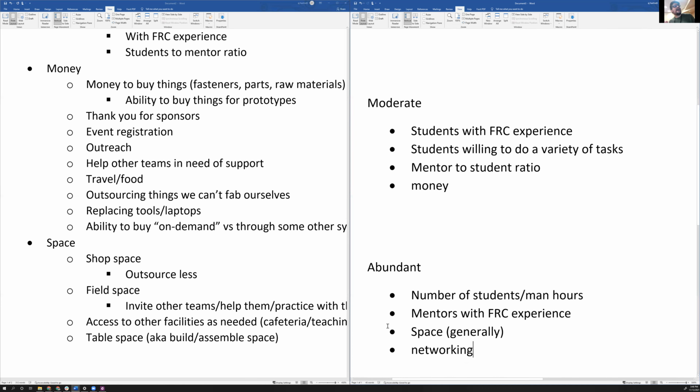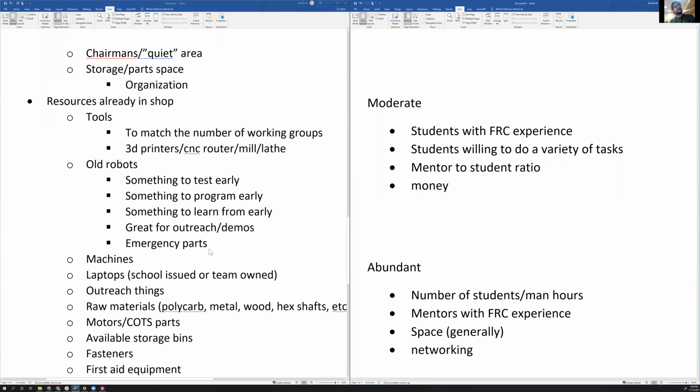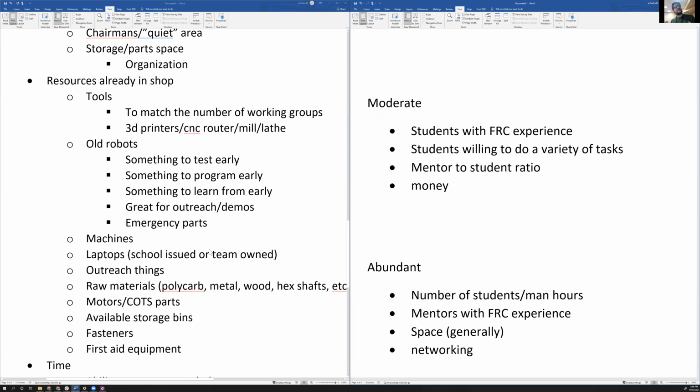Okay, so yeah, I think I agree with this. Money and space we've gone through. All right, what about resources already in the shop? Some of these might be abundant, some of them might be other things. Let's start with, would we generally agree that generally speaking, our resources already in the shop are abundant? Would everybody mostly agree with that? Okay, so if we start with that,